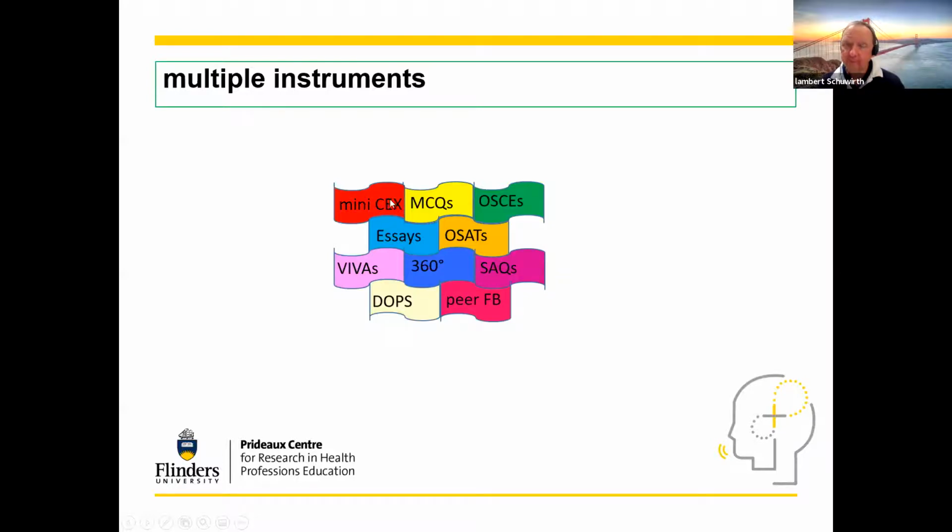But we know that, for example, if I take OSCEs, clinical station-based examinations, the correlation between one station, let's say your resuscitation station and your communication station, or your abdominal examination and your knee examination station, the correlations between those stations are sometimes even negative, but they're barely higher than 0.1, 0.2. We also know that if you were to compare the OSCE with a written test on clinical skills, correlations would be incredibly high.